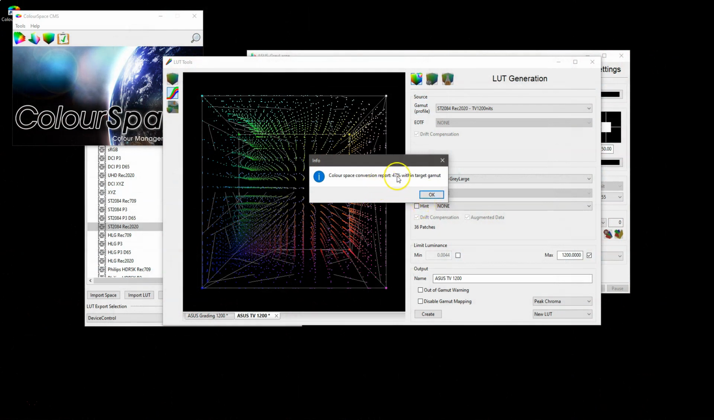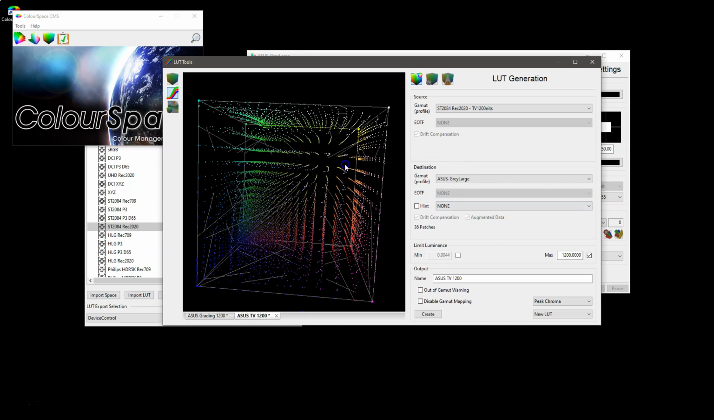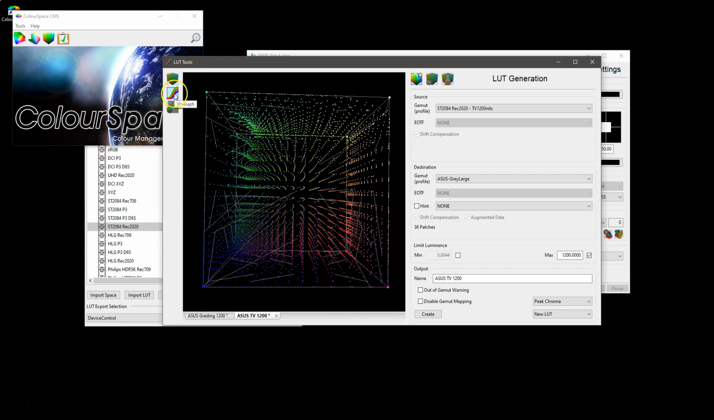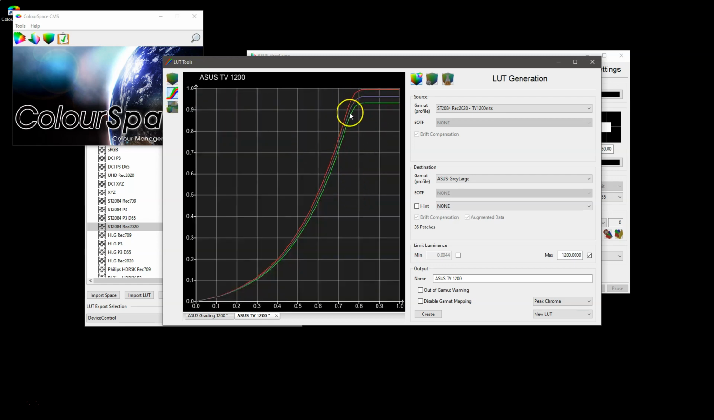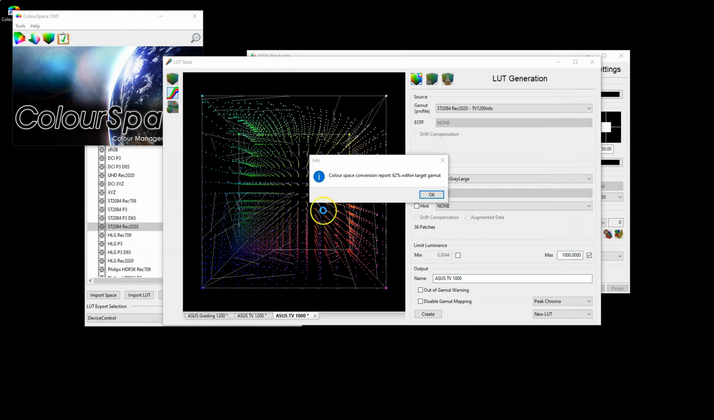Obviously this time the gamut conversion is less because we're targeting Rec 2020. But again, here we can see the generated LUT, and if we look at our 1D graph, we can now see that there is roll-off in the highlights compared to the hard clipping of the grading LUT. While we're here, we're talking about the max luminance here. If we change that, let's say 1000, and generate another LUT, complete,